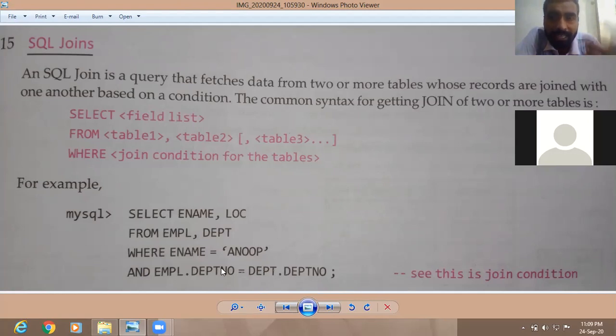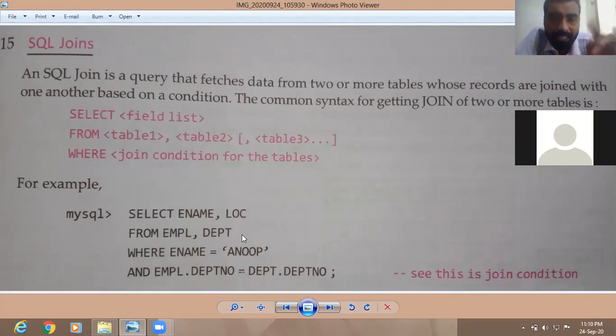Another join is called Cartesian product. In that we directly write select all from two table names, like select star from employee table, department table, and then we put the semicolon.